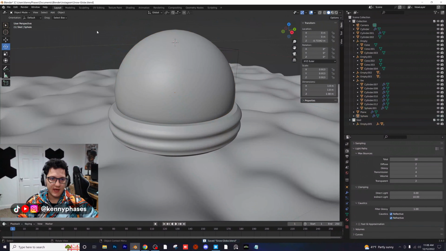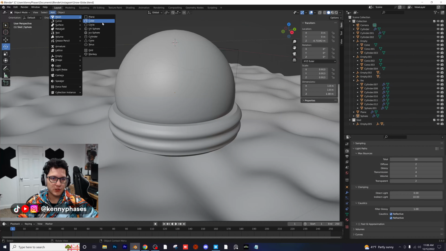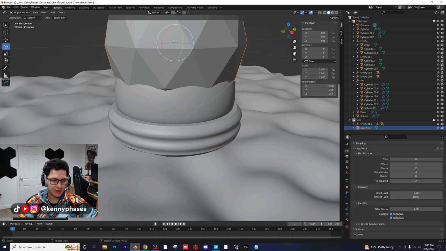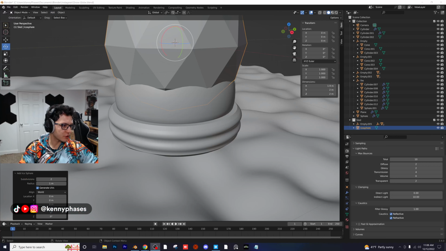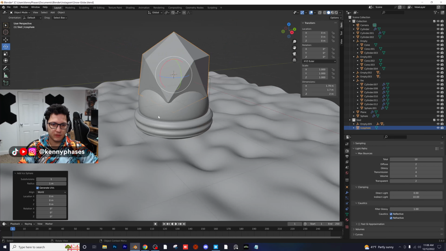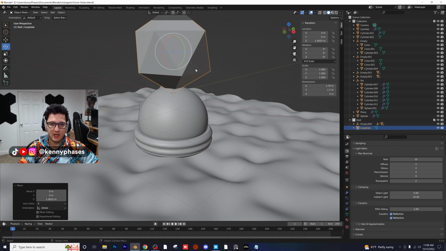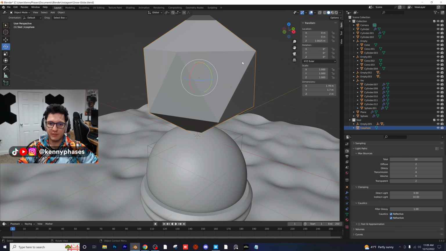Let's go ahead and first add in a mesh icosphere, and then click on this little drop down. Oh, you guys can't see it. Hold on, let me move my face. There's a little drop down at the bottom here. There you go. Just turn the subdivisions down to 1, because we can just use this simple shape as our snow particle